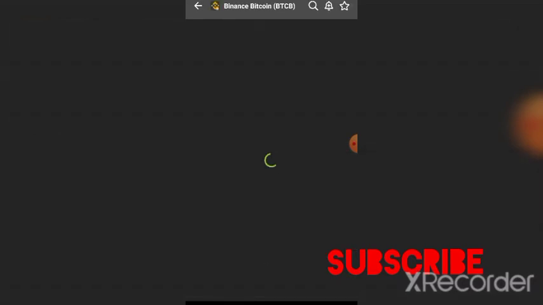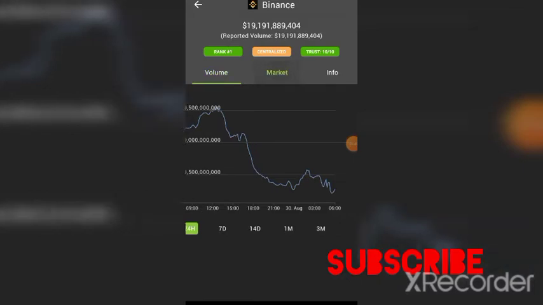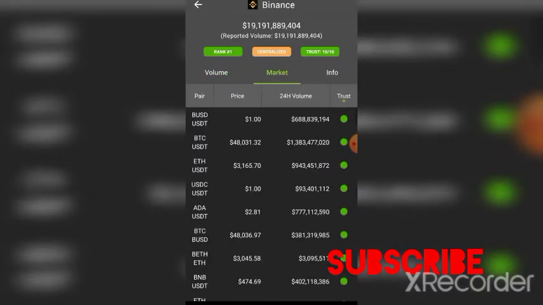When you open the Binance Exchange page, I'm going to reveal something to you there. CoinGecko is going to give you all the information about the Binance Exchange platform. On the Binance platform, you come to the market, and you check the market volume for the last 24 hours. You begin to check the volume of trade that has happened in the last 24 hours.